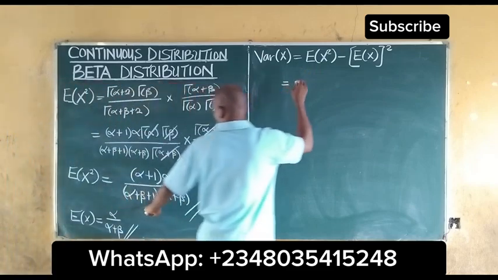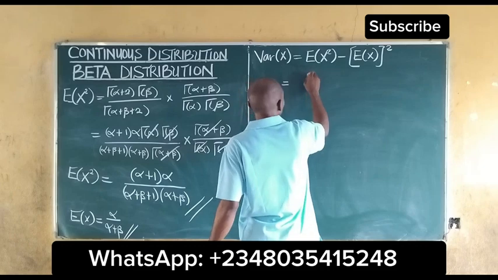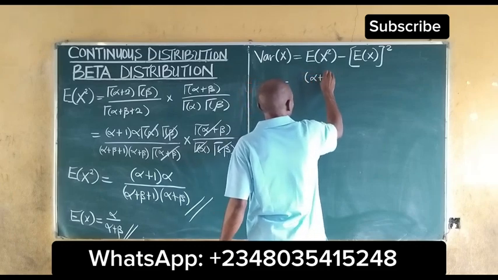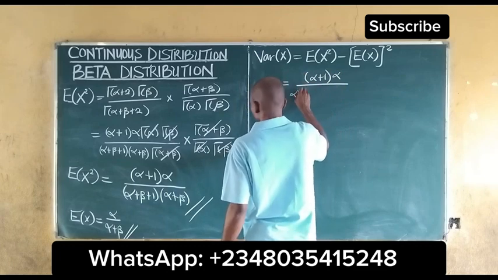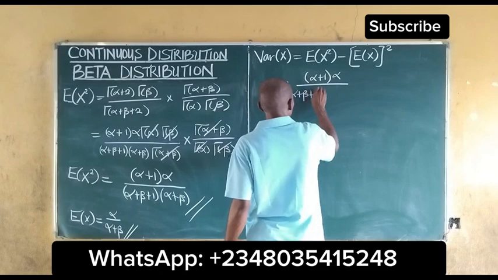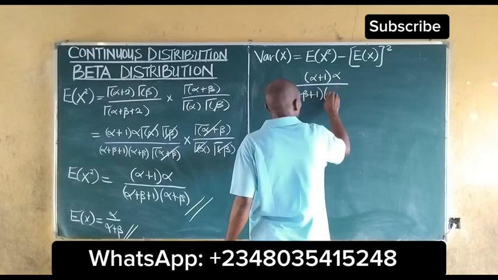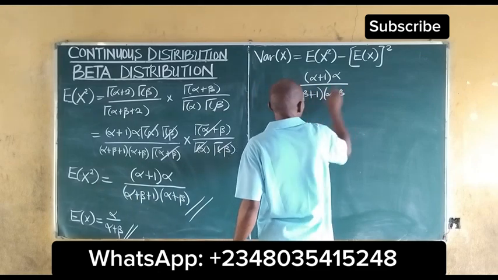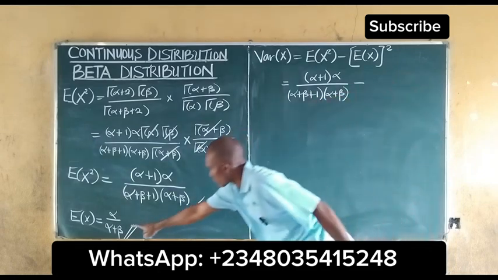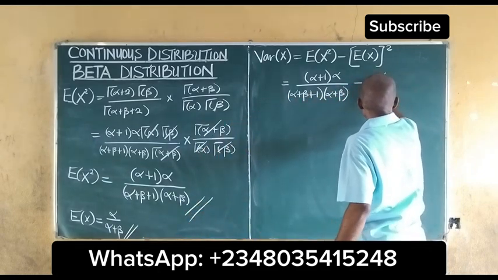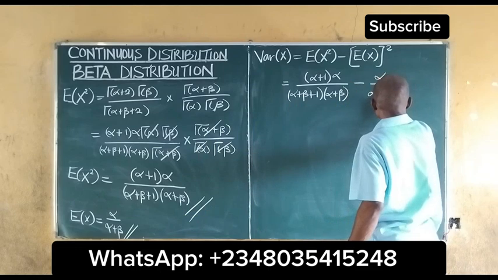So we'll write this out to give us alpha plus 1, alpha, all over alpha plus beta plus 1, alpha plus beta, minus this function, alpha all over alpha plus beta,